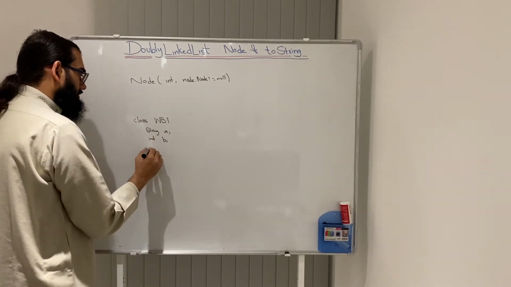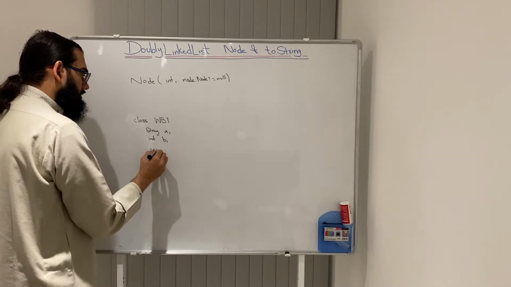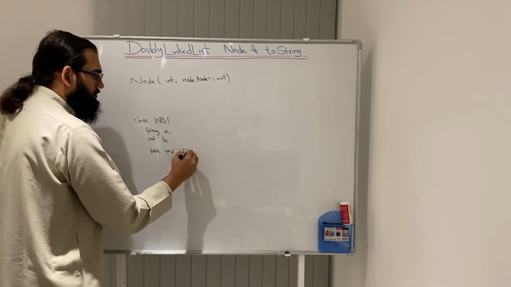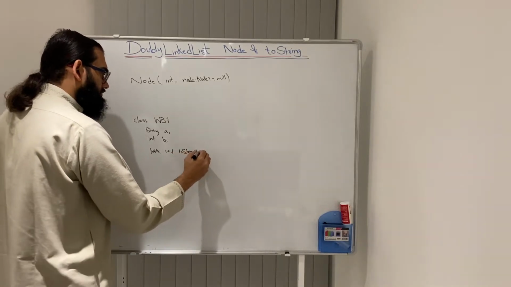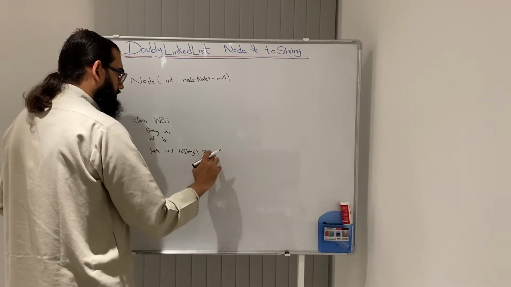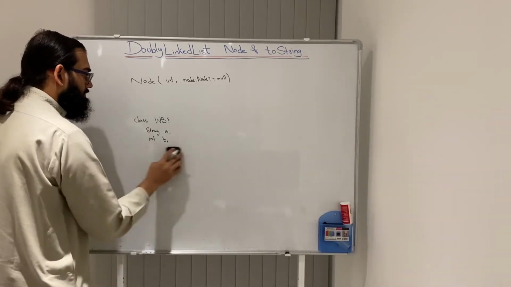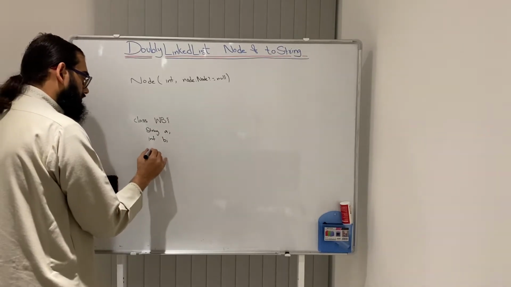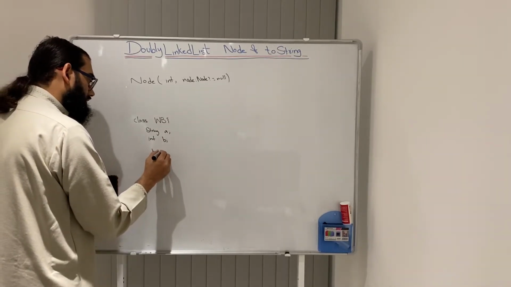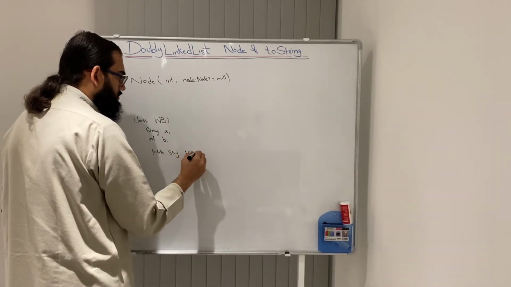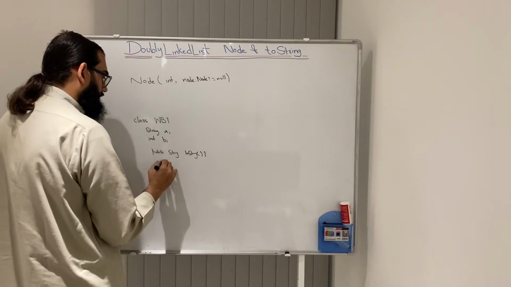So I will write public, and this is the override method, toString. It will return a string. Sorry, I used the wrong syntax. I mixed Kotlin and Java, but in Java it should be public String toString, and here I will return